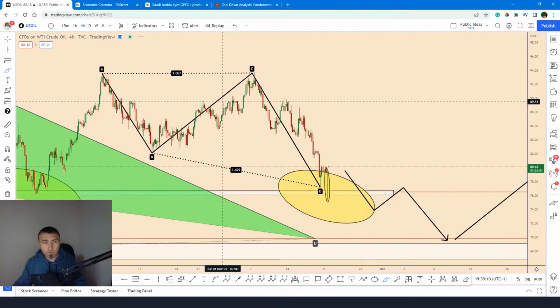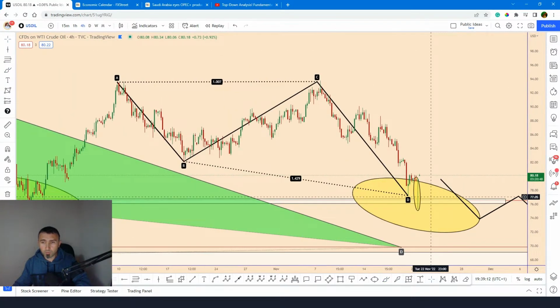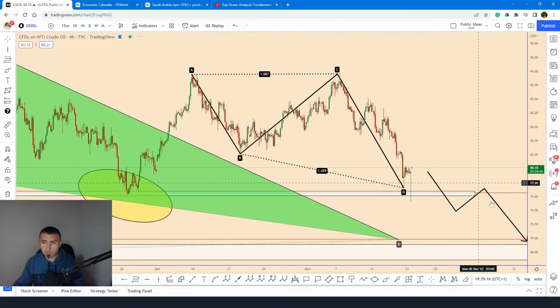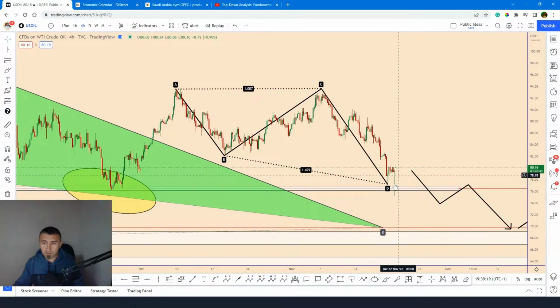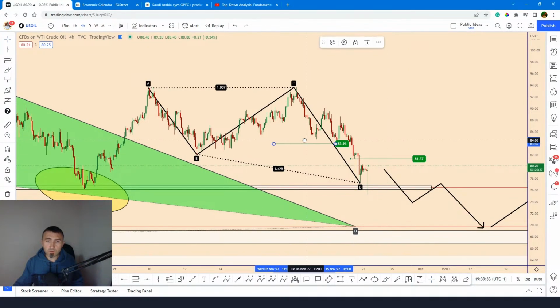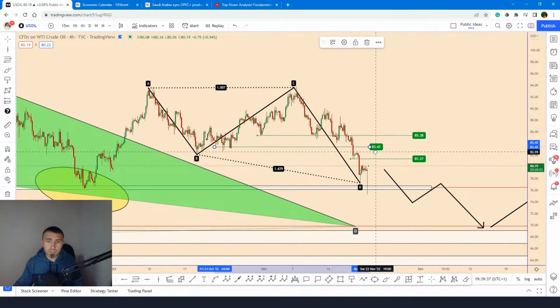On the 4-hour, we can see a very strong bullish candle right now. This is looking like a decent bullish candle. It looks very interesting. And considering that we may see the price recover in the short term, I am expecting US oil to test these small structures here. So these are the areas where I'm focused right now. Let's see how the price may develop. But for the short term, they should work